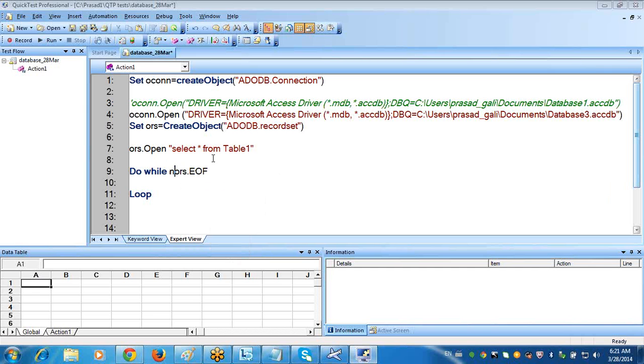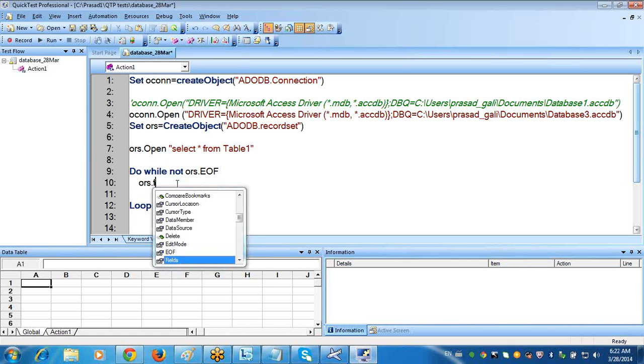That means you are opening that table and checking whether your cursor is at the end of the file, then come out. If it is not the end of the file, go inside the loop and ORS